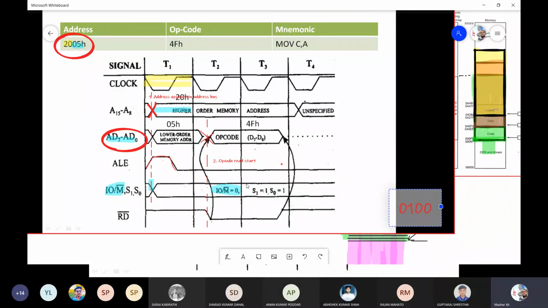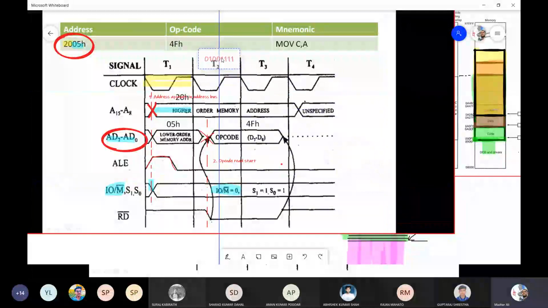Right? That is 4. And what is F? F is 1111. Okay. So I will make it smaller and place it just near here. Okay, so this is your 4FH,